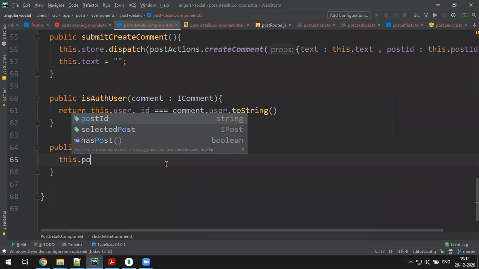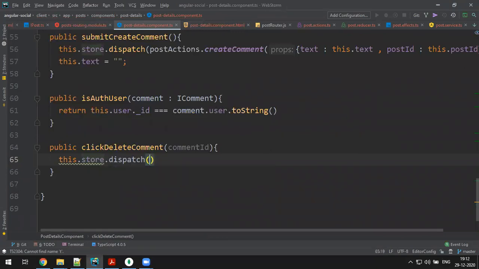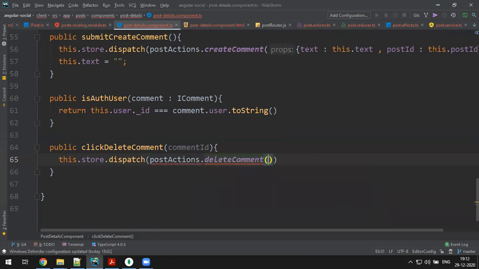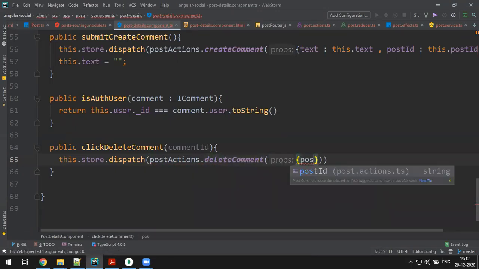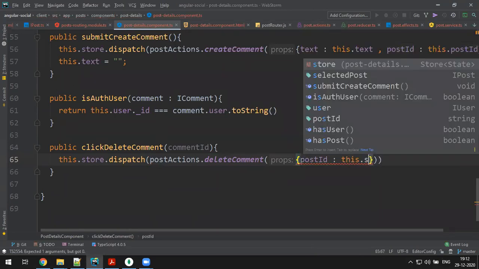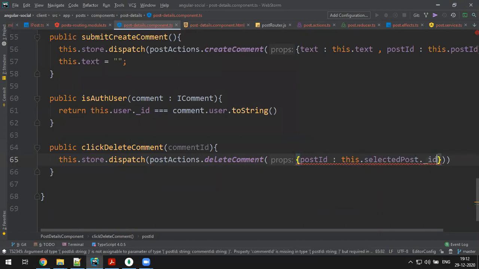This dot store dot dispatch post actions dot delete comment. You have to provide what? First the post ID. How do I get the post ID? This dot selected post dot ID.